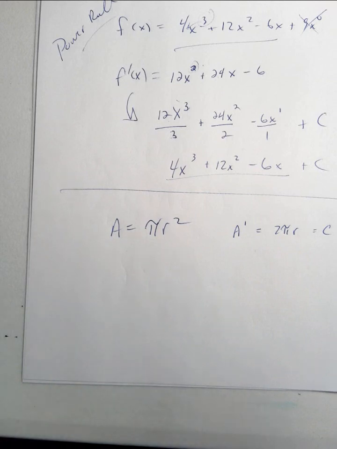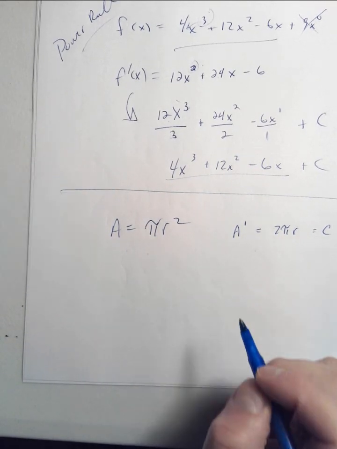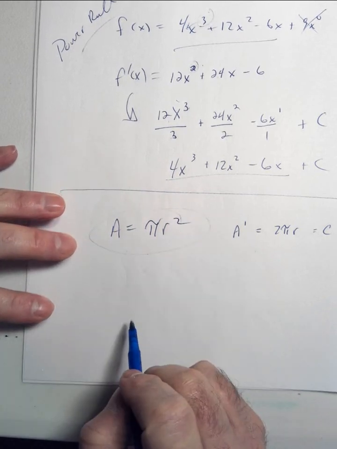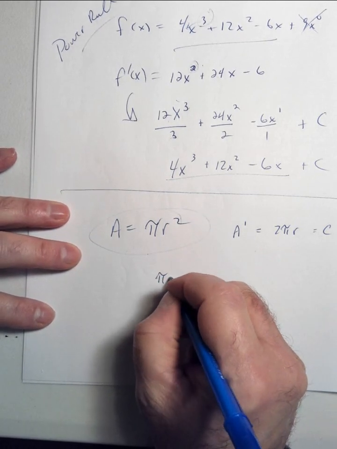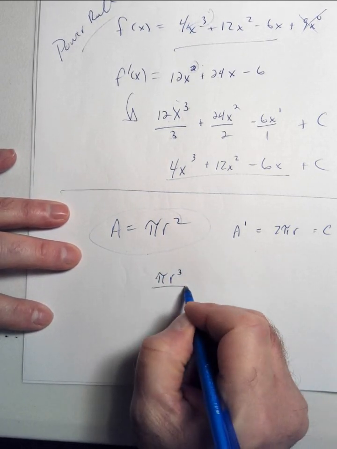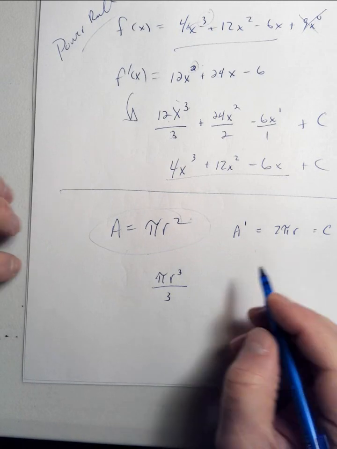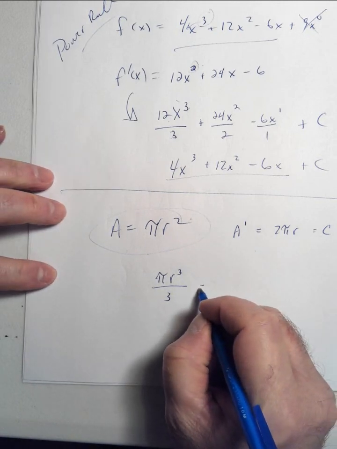Now what happens if we go in the other direction? In other words, we find the integral here. So we do the antiderivative of the area. We get pi r cubed over 3. This goes up 1 and divide. So we end up with